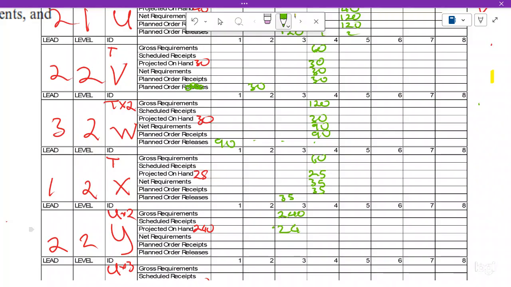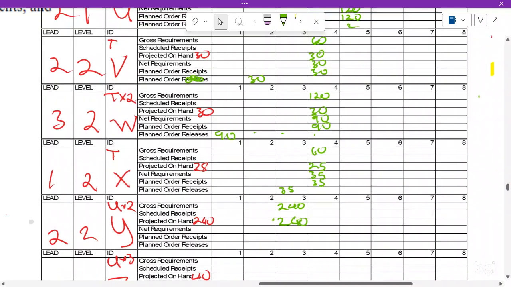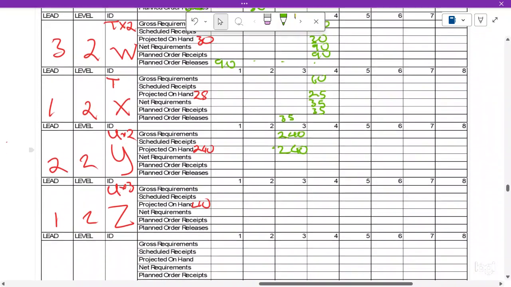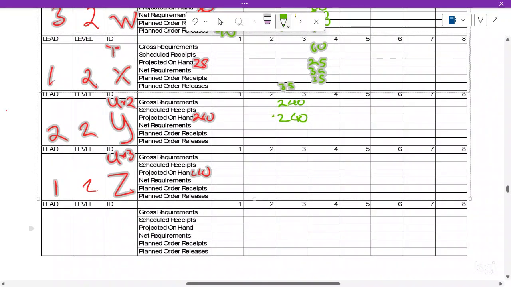What do we have on hand? We'll do it again. We have 120, multiply this time by this value, by 3, becomes 3